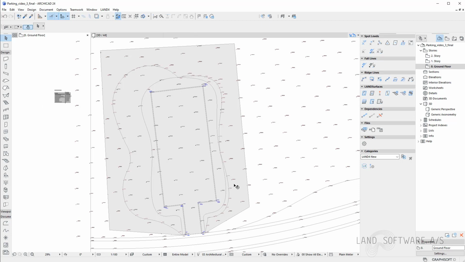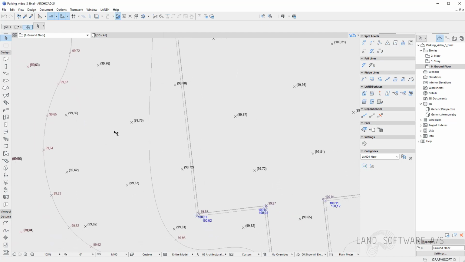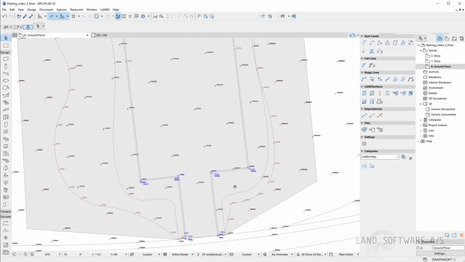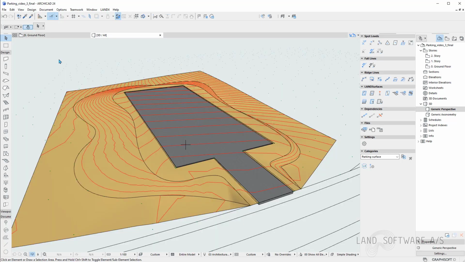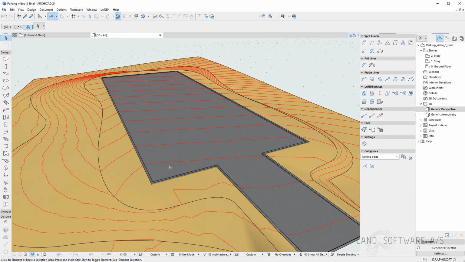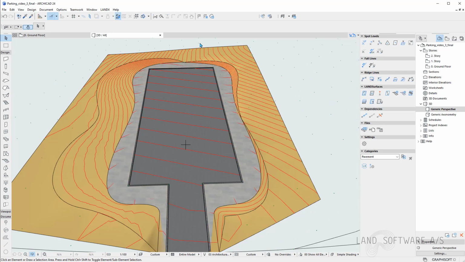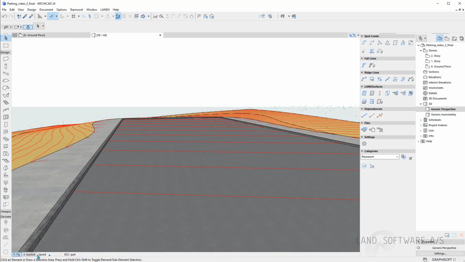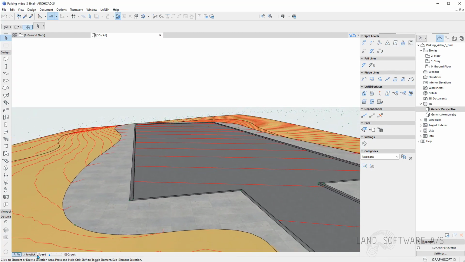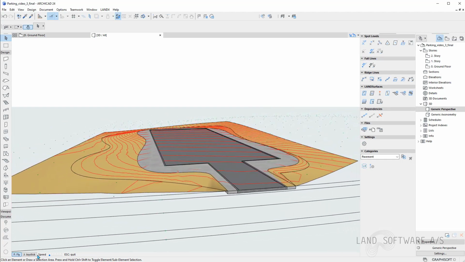So as you can see, we have managed to balance out the volumes quite well between the fill and the cut, and also to move entire structures based on the ridge lines and the spot levels, and adapt the new construction site to the existing terrain, or the other way around, where you want to adapt your terrain based on your construction site. So this was the final video on how to construct the site in relation with the existing terrain. In this third video, we have created the new terrain based on the parking lot and made the final volume calculations.